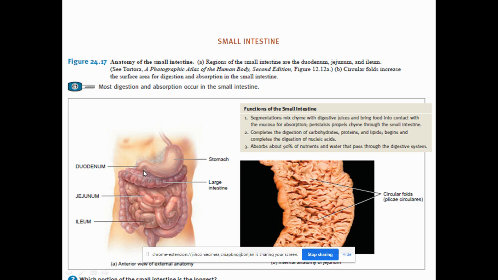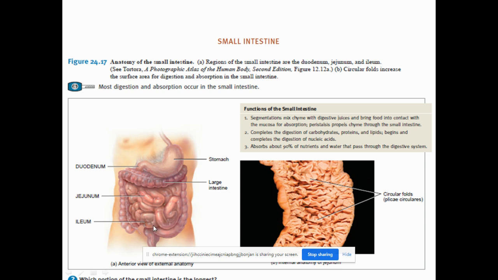Okay, so this duodenum, as you can see, is a J-shaped or C-shaped structure. It is not exactly seen here. It is a C-shaped or J-shaped structure, and it extends to the next regions, the jejunum and the ileum.